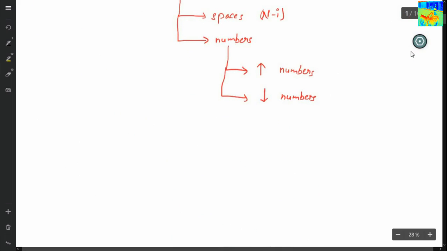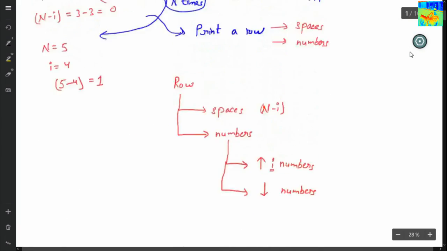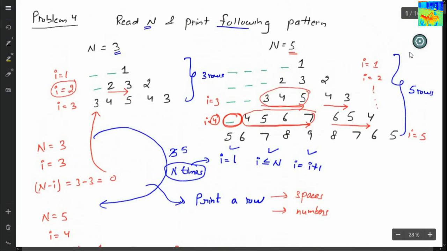So I have to print I increasing numbers. Okay, so how many decreasing numbers do I have to print? Here the value of I is 3 and I am printing 2 decreasing numbers. Here the value of I is 5 and I am printing 4 decreasing numbers.